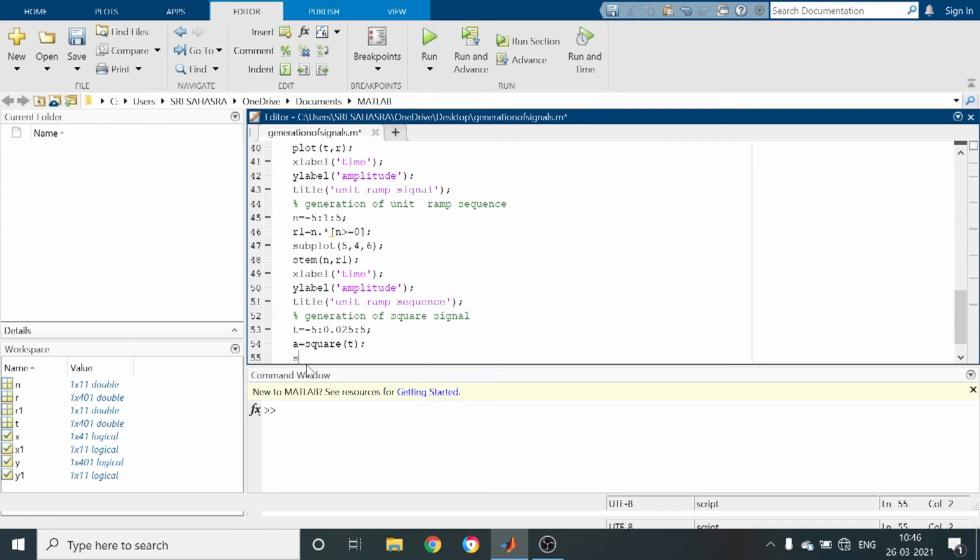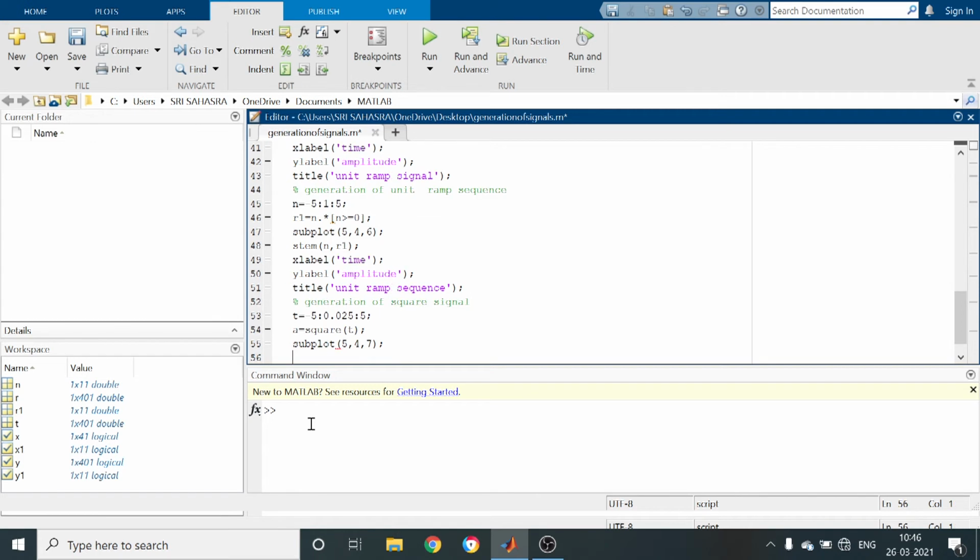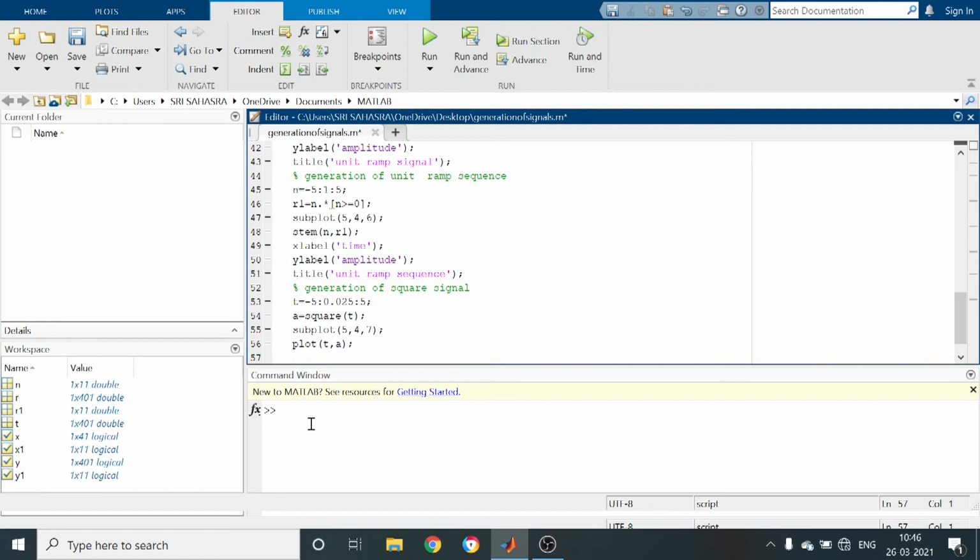Next again we have to use the subplot command. Subplot 5, 4, 7. Next, this is the signal, so we have to use the plot command. Plot T, in A variable we saved the square signal. So write plot T, A. Next X label, Y label are all the same.